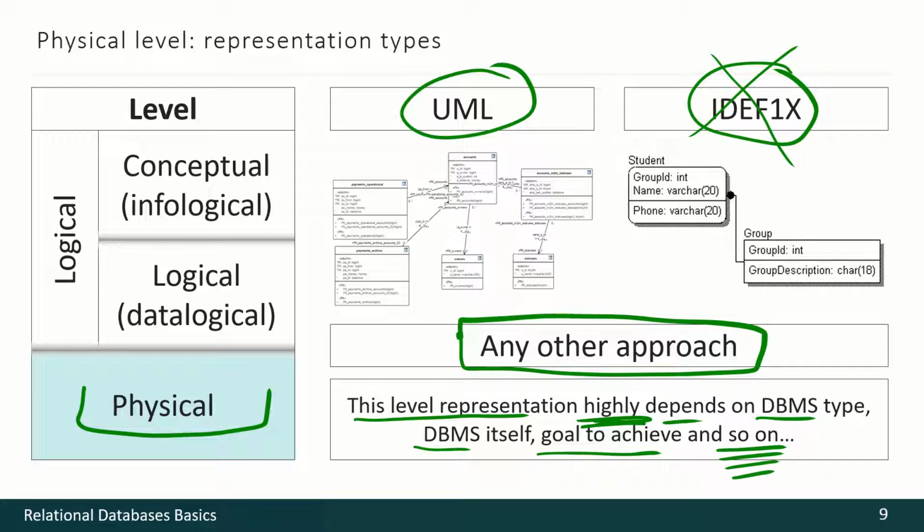So here we may see pictures, fragments of configuration files, some text description, anything we like, anything we may find useful to describe some technical details. So, unlike with conceptual or datalogical level, here we have few universal approaches. We have to select something that suits our goals the best way.